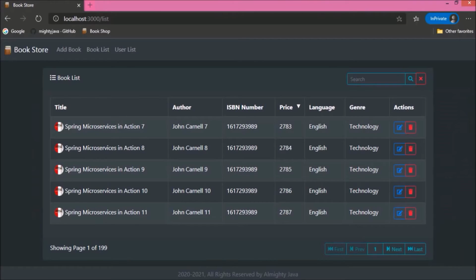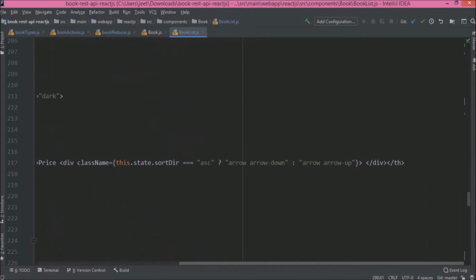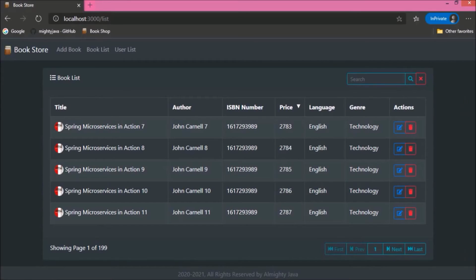Okay, so here one issue also I am going to fix. So issue is like, if you observe, sort and up down both are working but not properly. So let's fix this. Let's refresh. So here icon should be down but it is showing up. So let's reverse the icons. So change the up to down and down to up. Now you can see it is showing the correct one.